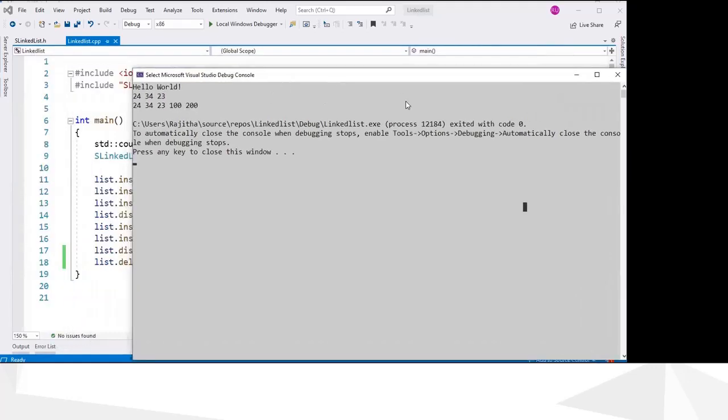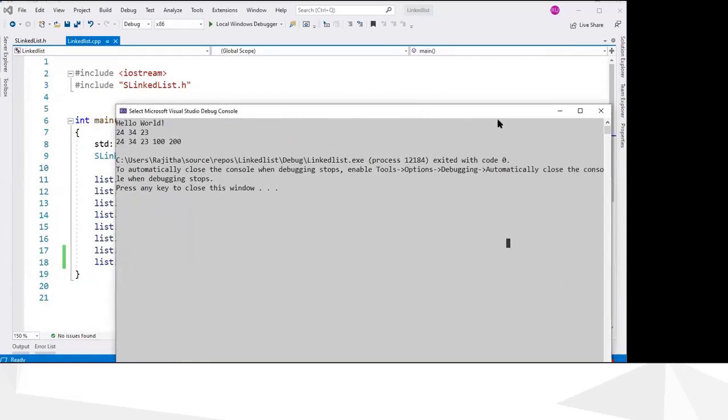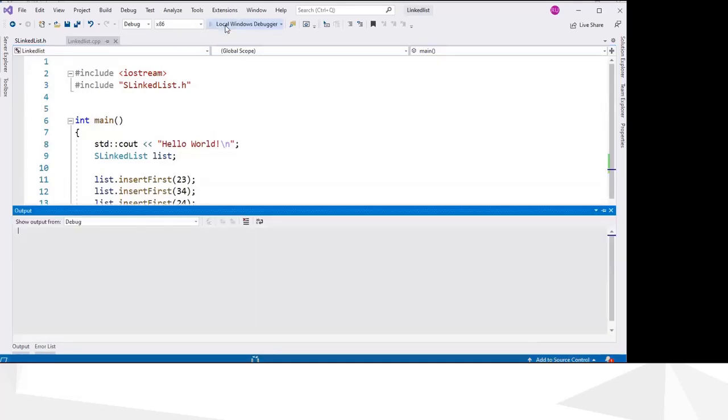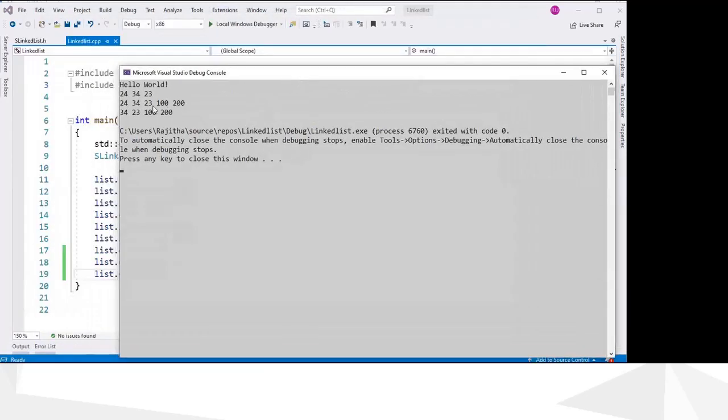I haven't printed the final output, so we have to print it to see the output. And now you can see this is the list before deleting, and 24 is deleted in the next output. So our function is working.